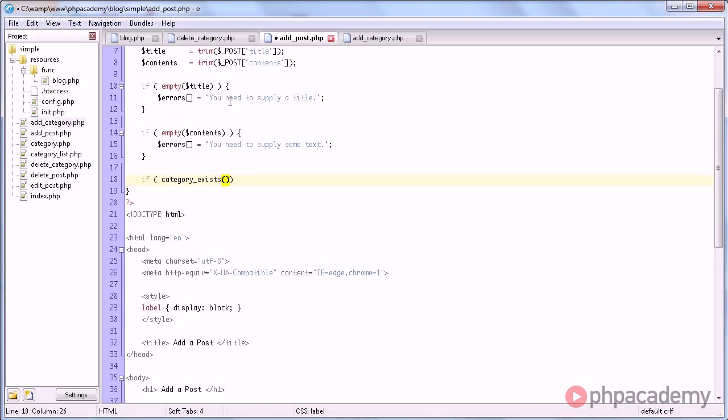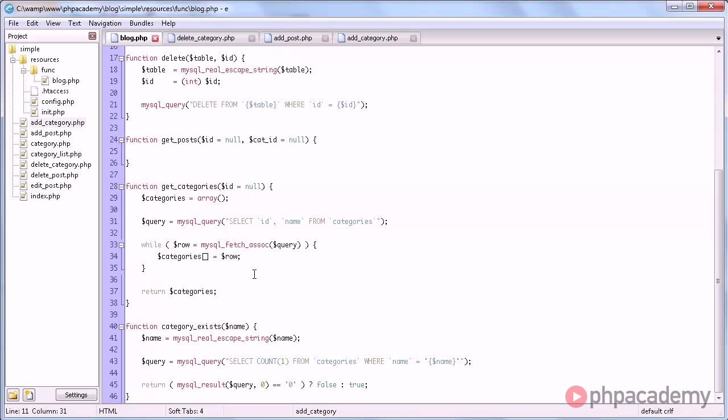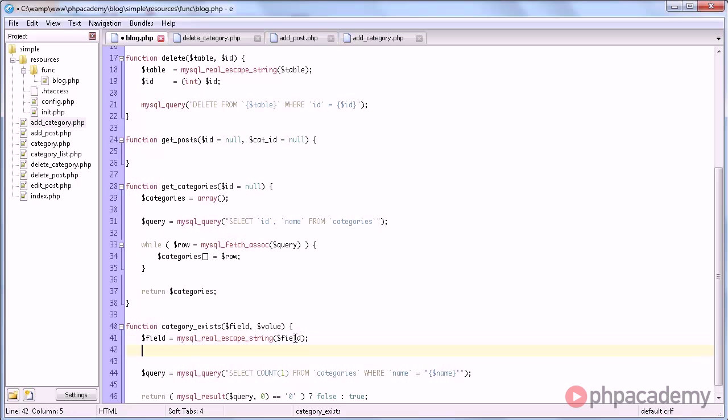So what we need to do is modify the category exists function. And what we're going to do is we're going to give it two parameters, a field and a value. We're going to protect both. Do the same for value. MySQL real escape string of value.